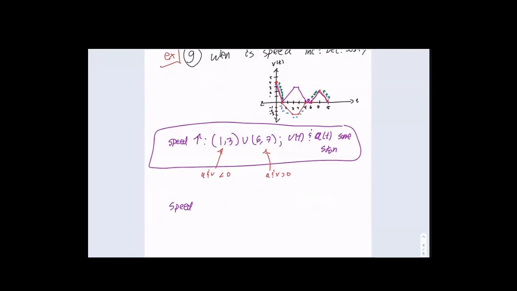When is speed decreasing? Well, visually, looking at the velocity graph, it's when the graph is going toward the x-axis. Analytically, it's when velocity and acceleration are opposite signs. So, acceleration is negative. We're above the x-axis, but I have a negative slope. So this is a positive velocity, negative acceleration. I'm also moving toward the x-axis. So speed is decreasing from 0 to 1. Union